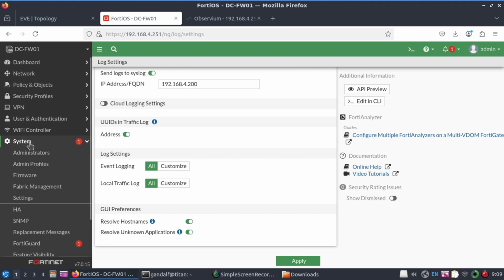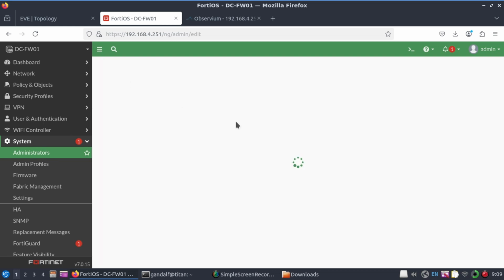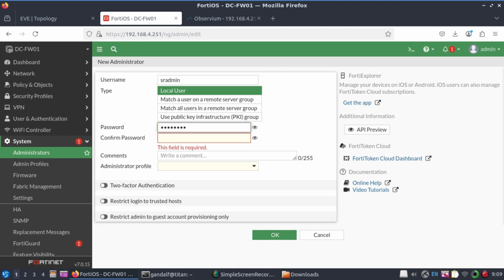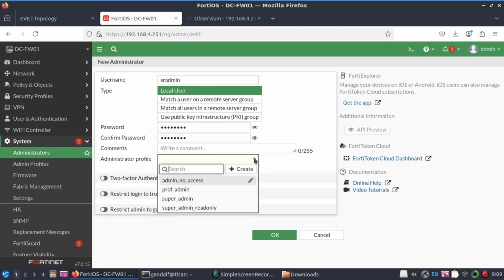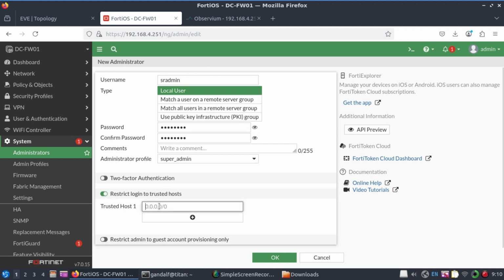We go to System, Administrators, and I'm going to create a new admin account as an administrator. I'm going to call it sradmin, give it a password, and define the administrator profile. It's a super admin. One of the things you can do with your administrator access is to restrict where they can log in from. And just to demonstrate that, I'm going to specify here that our SR admin account can only log in from this network,